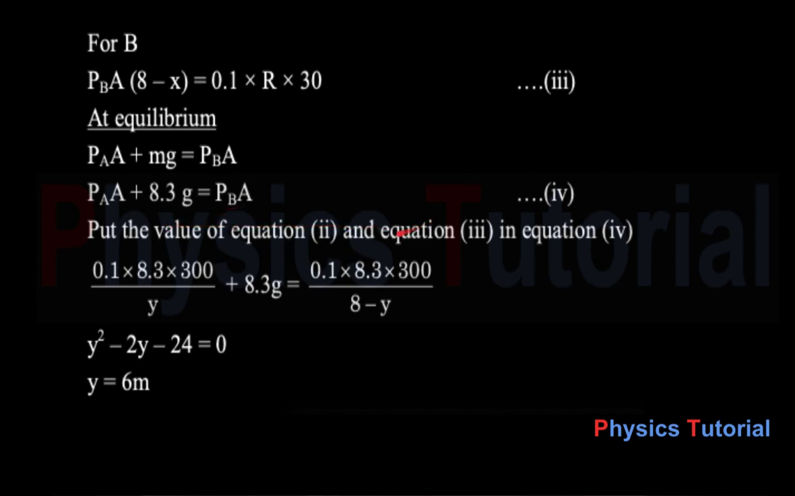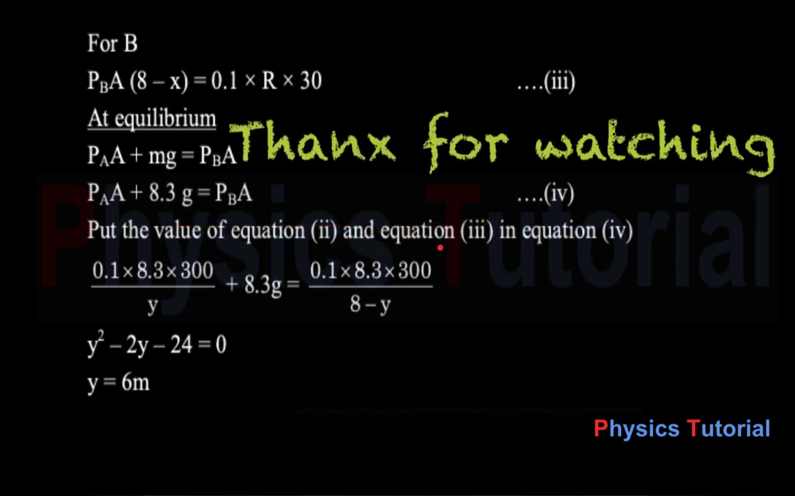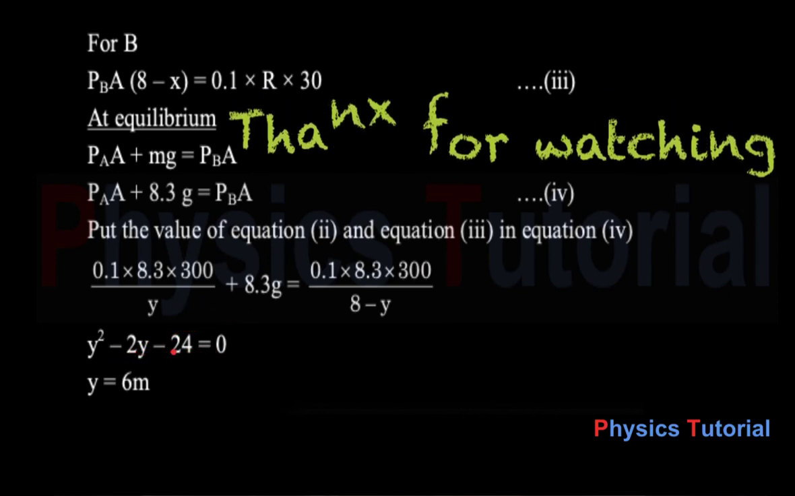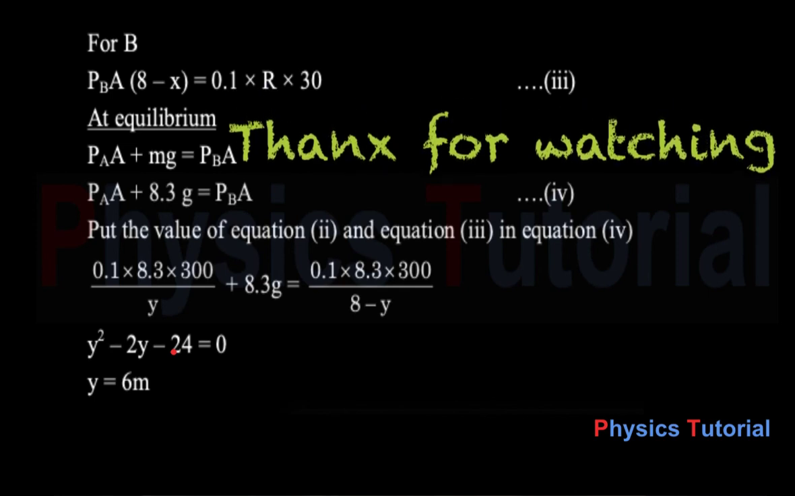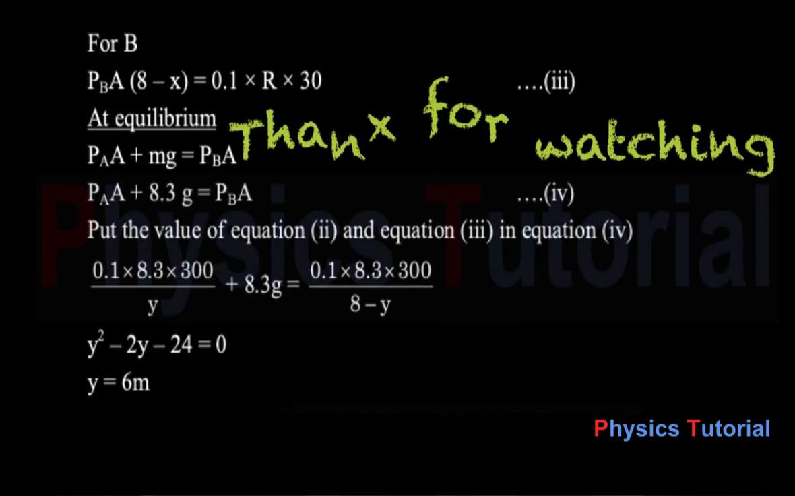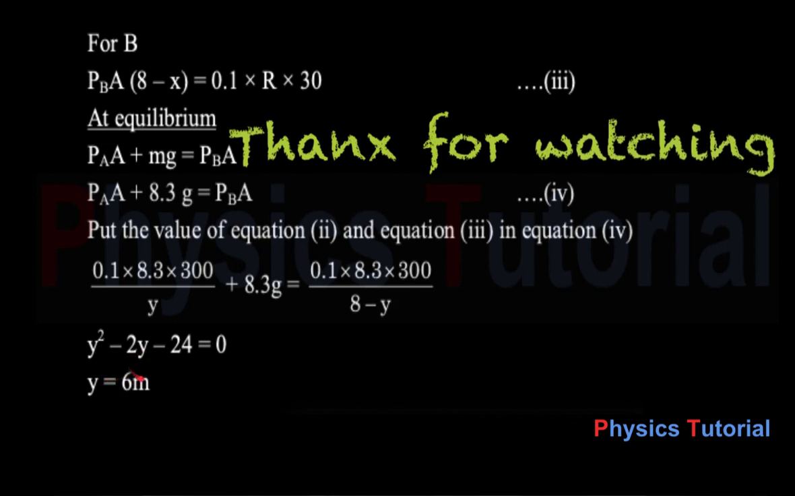Now put the value of equation 1 and equation 2 from equation 3 in equation 4. So in this way we get y square minus 2y minus 24 equal to 0. So after solving this quadratic equation, you can get the value of y equal to 6. Although some ambiguity is there in the question, the official answer they claim is that y equal to